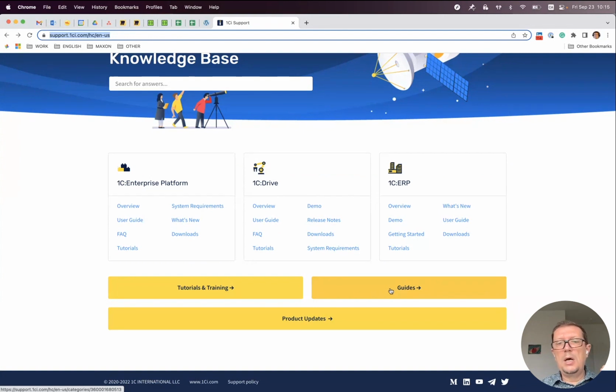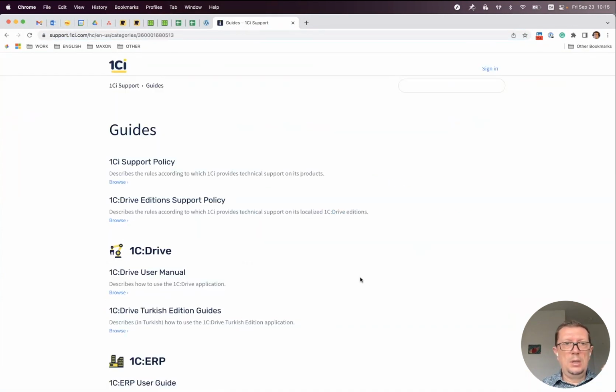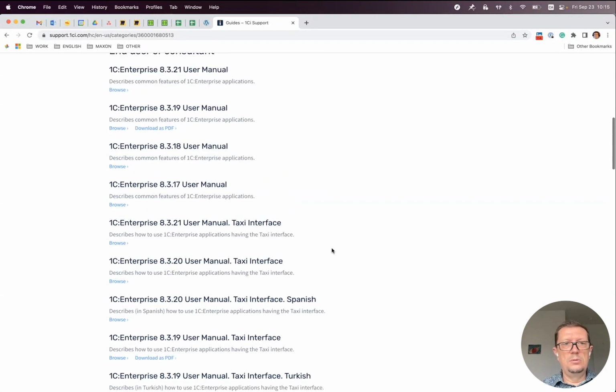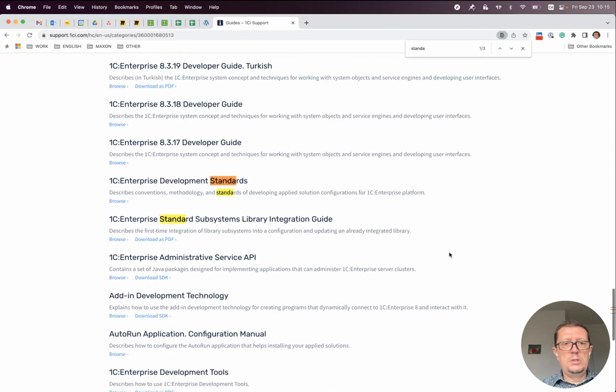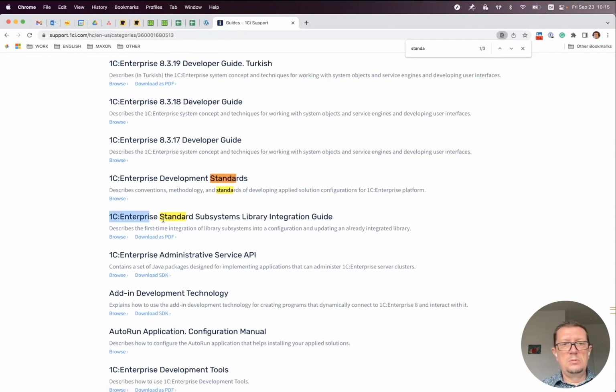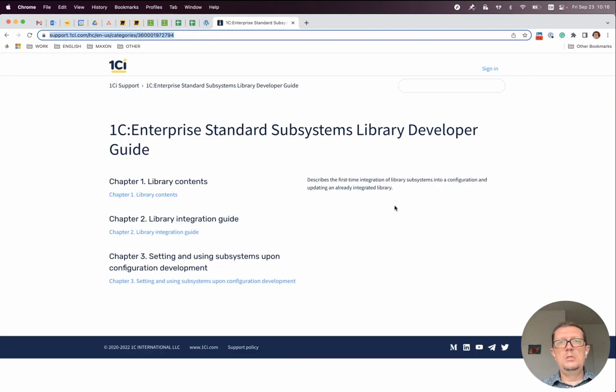Here we have the guides link, which I click, and here are all the official manuals and documentation about different tools, 1C:Enterprise, administrative tools, and here is the standard subsystem library integration guide. This is your main source of information about what's inside the subsystem library and how you can take the piece of functionality that you need and start using it in your application.